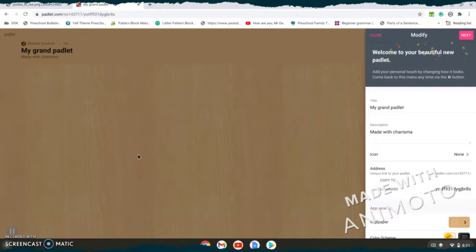Again, modify options will pop up automatically when creating a new Padlet. Here you can edit the title by typing the title of choice. So right here where you see title, it gives you an automatic one, but you can name it something else. If this is something that you want to create for ELA resources, you could say ELA